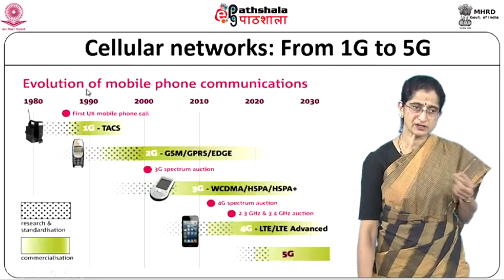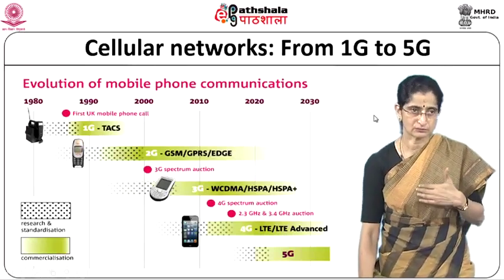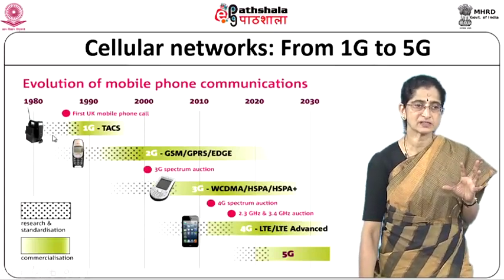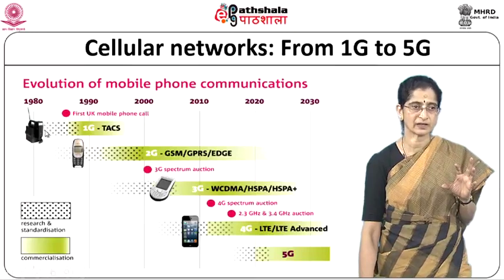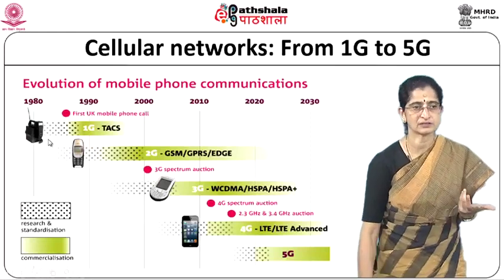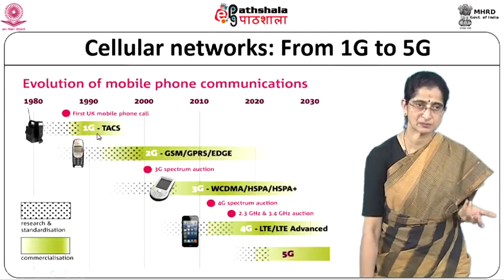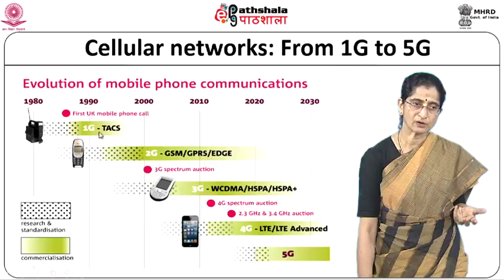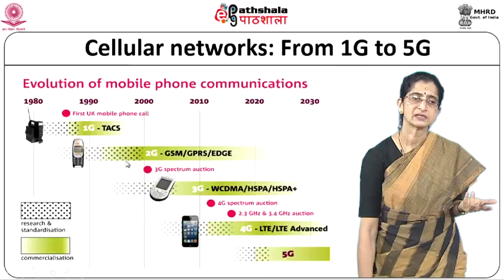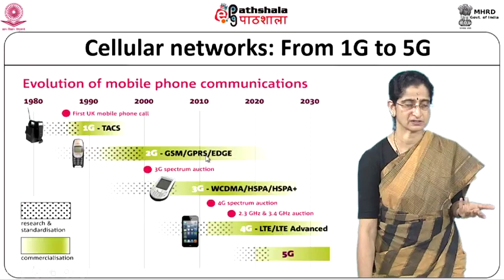In general, if you look at how cellular networks have evolved from the first generation to the proposed fifth generation that is likely to happen, starting from the 1980s, you can see that these dotted areas indicate research and standardization. That is when there is a lot of research work happening on that particular technology and standardization. Once it is standardized, it gets commercialized and used. The first generation started early in the 1980s but was commercialized around the 90s. Second generation was still under research and standardization up to 2000, and then it was standardized.